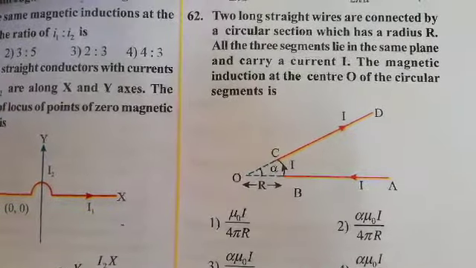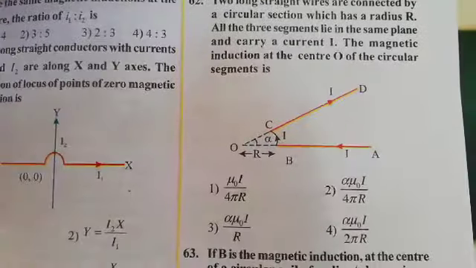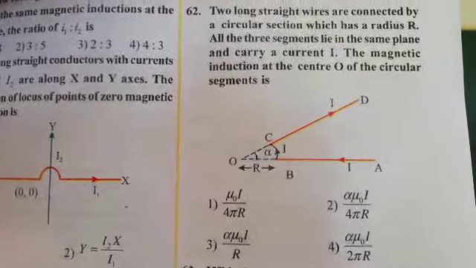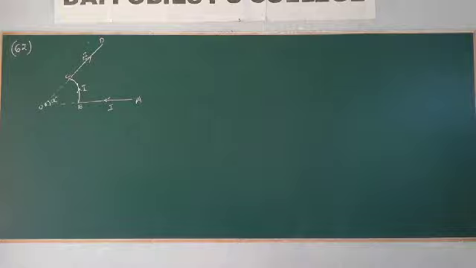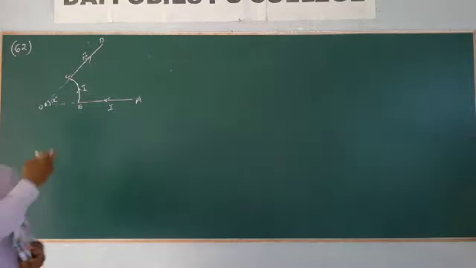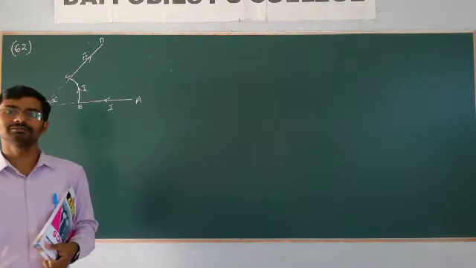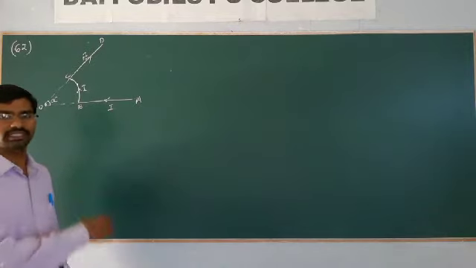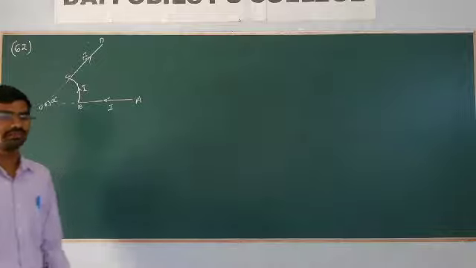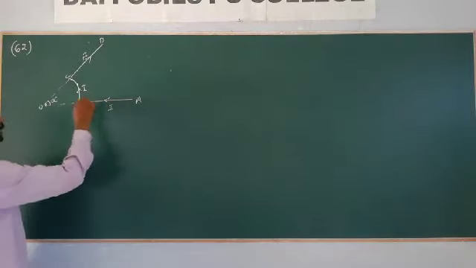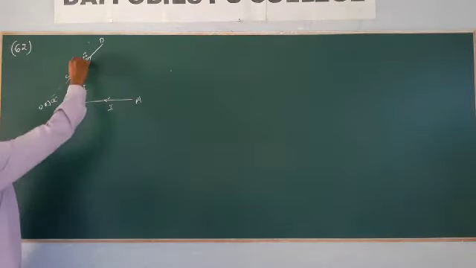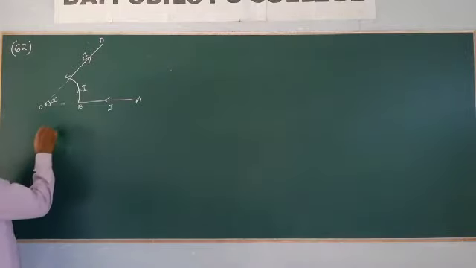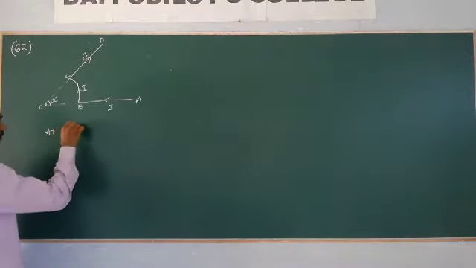Stick 62nd one. And this is the shape given. We need to find the value. See that here we have the current carrying wire which is having different shape. Due to this at point O, we need to find the resultant. Now you take AB is one wire, BC is one part, CD is one part. At point O,